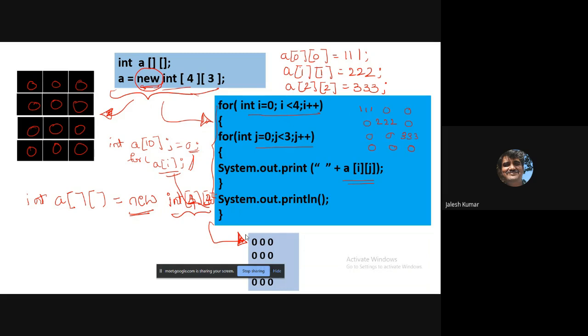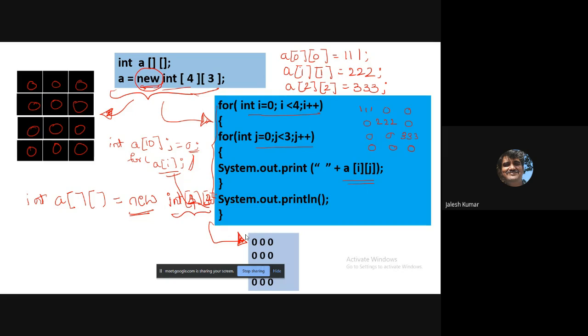If you are a C programmer, you have thorough knowledge that you have to initialize before using it. But that is not the case with Java, because it will allocate. See, the new means allocate the memory. Using the new operator you are allocating, and when you are allocating, it always makes it clear. It will be initialized with 0.